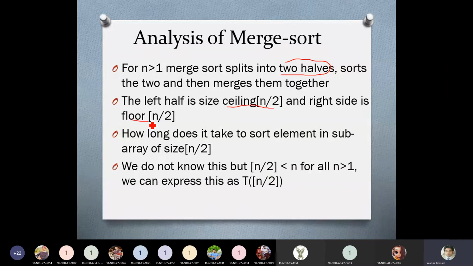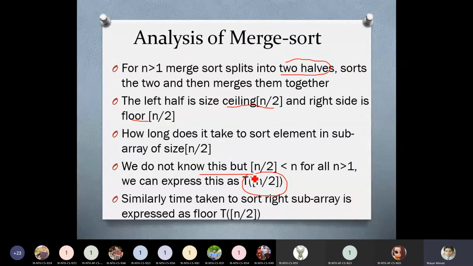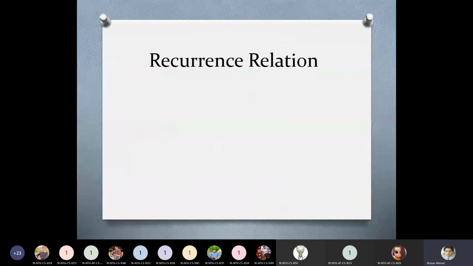We do not know the time, but we only know that this algorithm will call itself for n over 2 elements. So this behavior can be shown by using an expression, which is now written here. I will try to explain the other concepts mentioned in the slide by using this relation or equation.